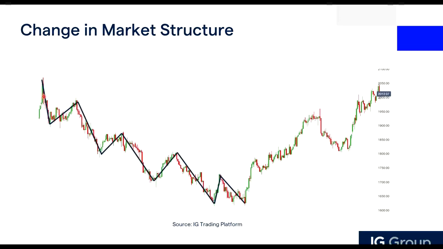Notice that in this downtrend, prices are creating lower lows and lower highs. So it goes down, it retraces a bit up, it goes down more, then the retracement is lower than the previous high. So what we're seeing here is a lower low and a lower high. We notice from the price action here that this is an obvious downtrend.